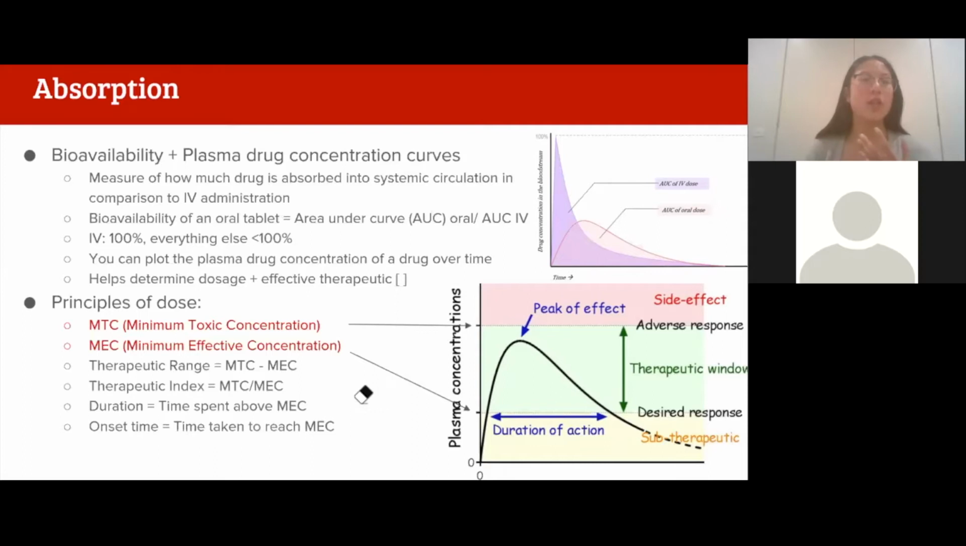Duration is the time that a drug spends above the minimum effective concentration, and the onset time is the amount of time it takes for a drug to reach that minimum effective concentration. Really important thing here to note is that with the principles of dosage and how it increases and decreases over time, we need a dose at regular intervals, right? Because what that's going to do is maintain our bioavailability, and it helps us stay within that